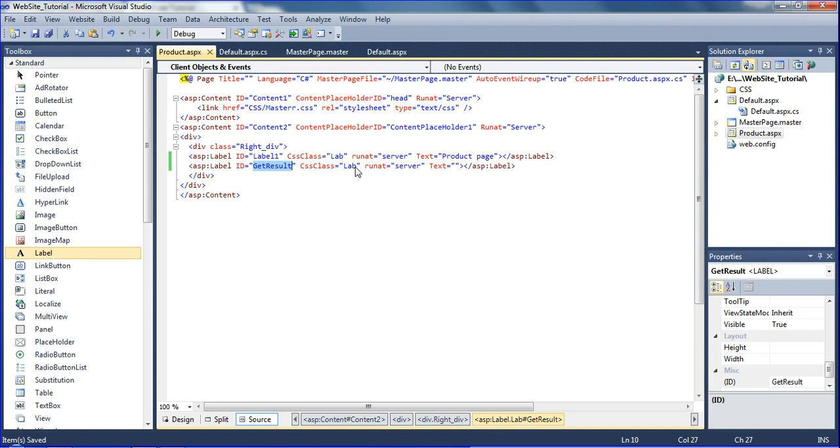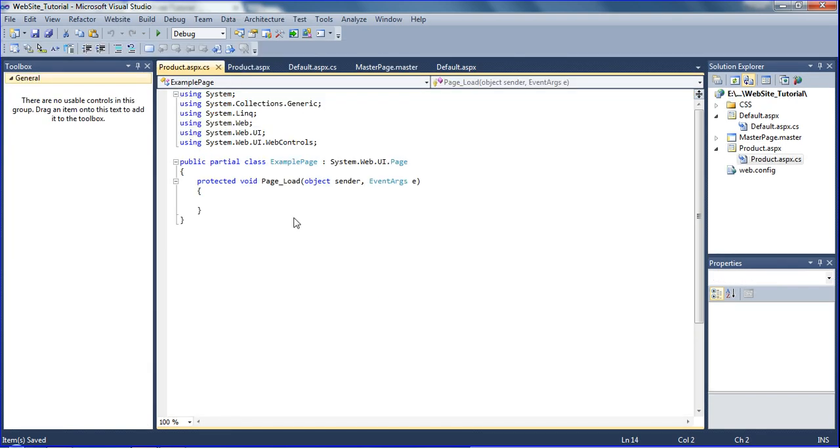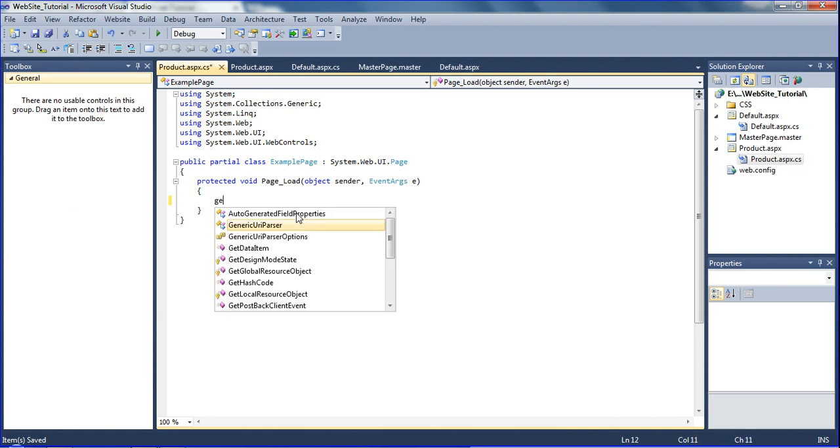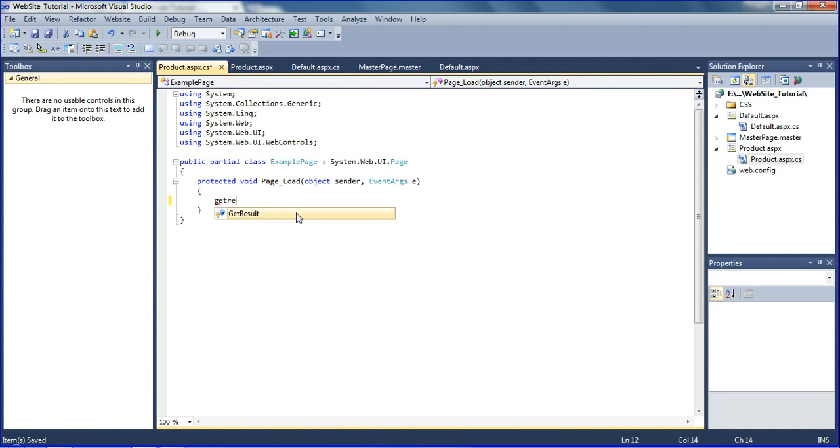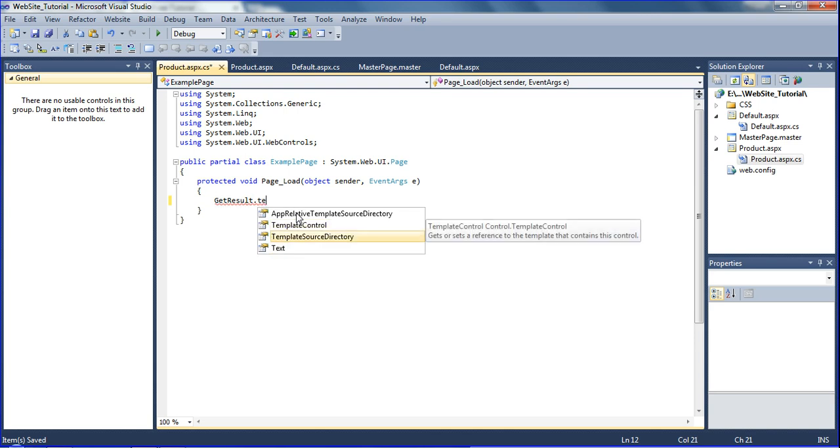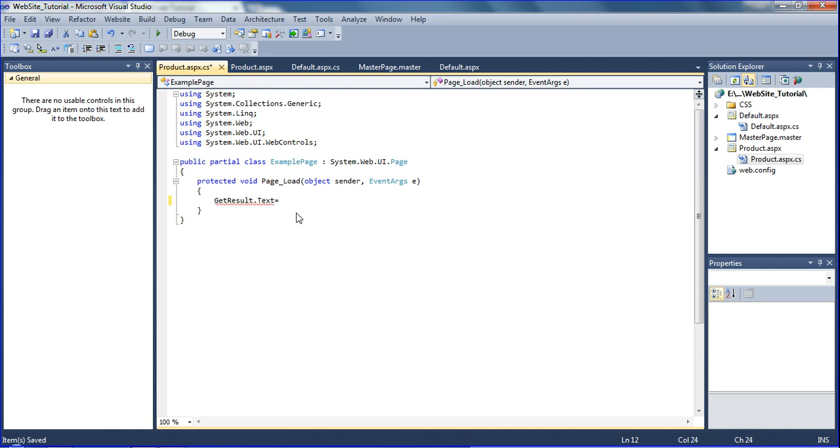Okay, so here I declare the message. I want to declare the coding here. So first of all I am going to open the view code. Here, in this page load event, I declare some message. What is that? I want to get the result label, get result label, result. So this label's text equal